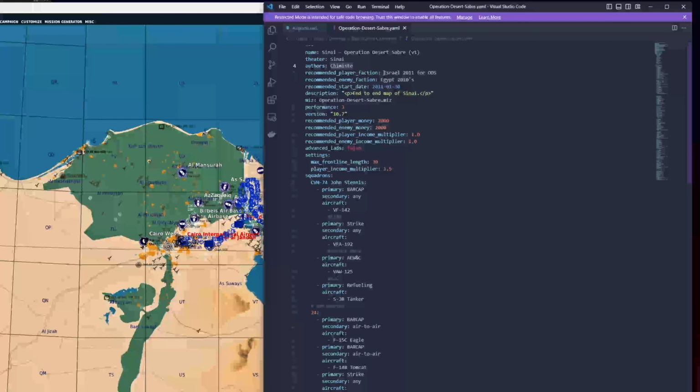Recommended faction, and this is where it's interesting. This is where you get to pick whether or not you want to use something that already exists inside of Liberation. But you need to make sure that this name here follows the name of the actual faction. We're going to leave these both alone for now for the sake of this tutorial. Recommended start date, that's up to you. We're going to make this a modern map, so we'll do 2011. A description,